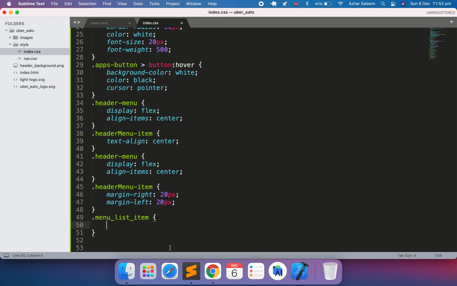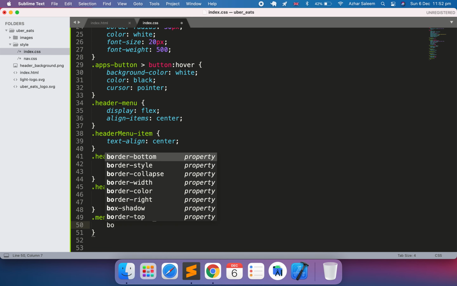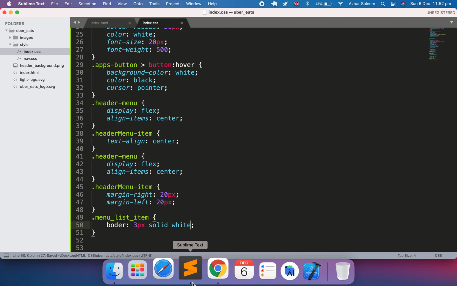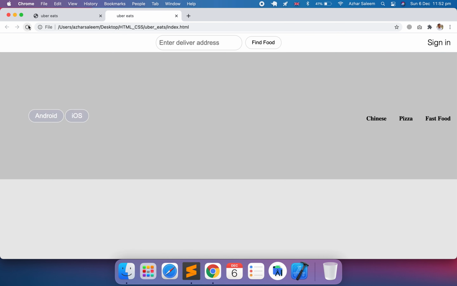First we need a border. So this border is say 3 pixels, solid white. If I reload,